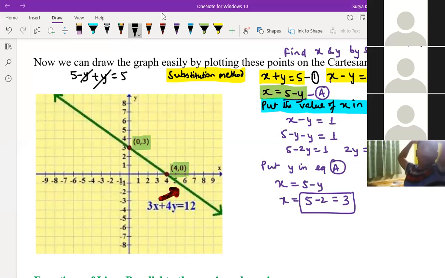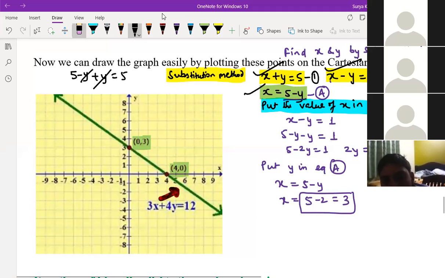Sir, my doubt is why we are... Wait. Let Nihar be clear, then I come back to you. I'm telling that x plus 5 is equal to y. We can put in that one only, right? See, this equation you are saying to put in equation first, right? No, sir, I'm telling that we got the value of y, right? We can put that y value in x. Yeah, anywhere. This value can be put either in first equation or second equation. Anywhere you can put. No problem.